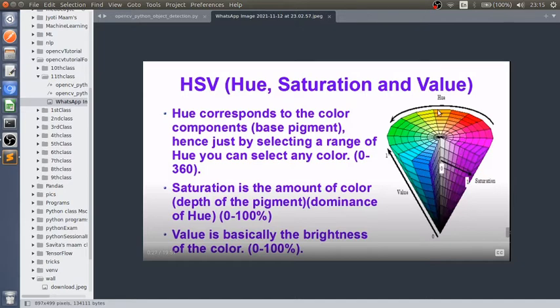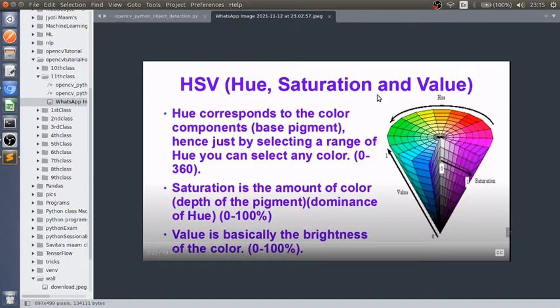Hello friends, today we are going to learn a new topic: how to detect an object in our image or video. We can say how we can detect a blue color ball. We can detect green color balls and different color balls also, but today we are going to see how to detect the blue color ball first.